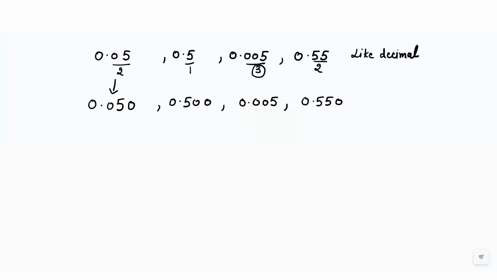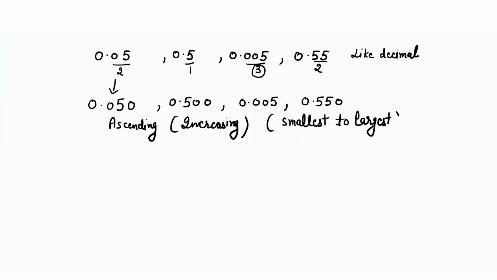Now it will become very easy to compare these decimal numbers, where you can see all the decimal numbers have the same number of digits after the point. So that means if I have to arrange these into ascending order, that means increasing order, which means smallest to largest, the answer will be: the largest is this one and the smallest is this one. So we'll write it in the order